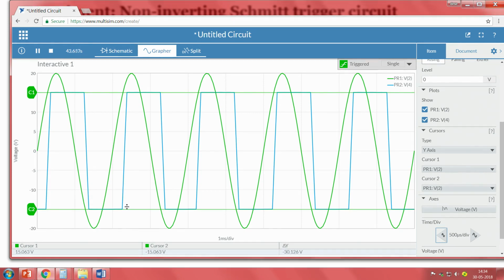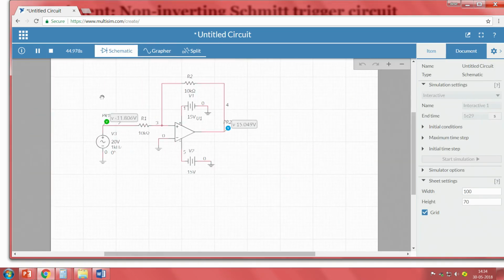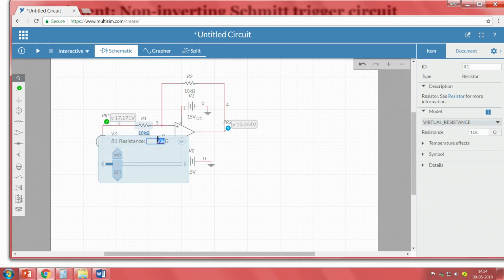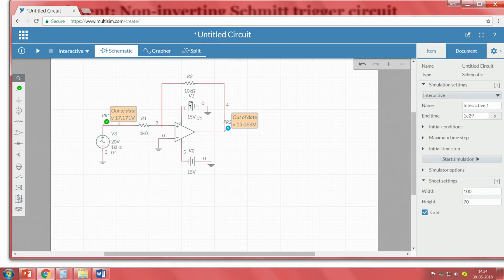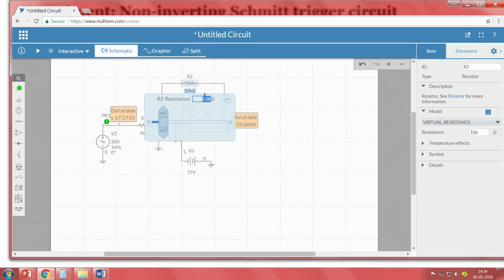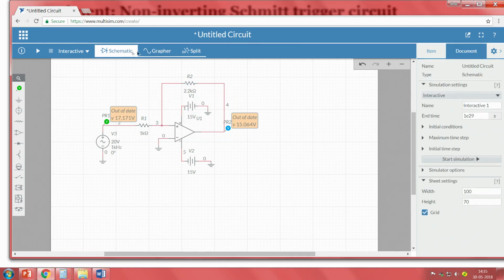Now, we will look into the other case also. What is the other case? R1 is 1 kilo ohm, R2 is 2.2 kilo ohms. So, go back to the schematic, then I am just stopping it, replace this with 1K and this with 2.2K, right. Now, do we need this value? May not be. Even if it is the case, we can visualize it. Even if it is smaller than the threshold values, that is also good enough.